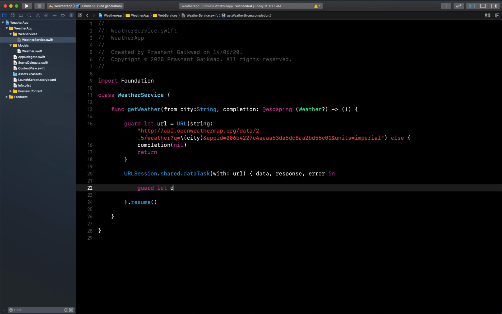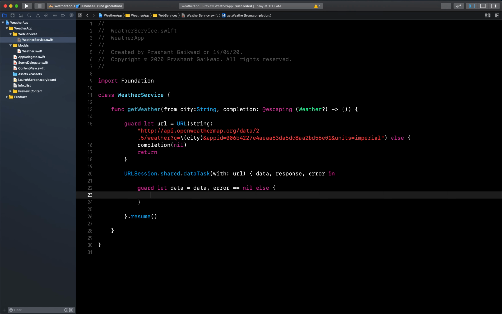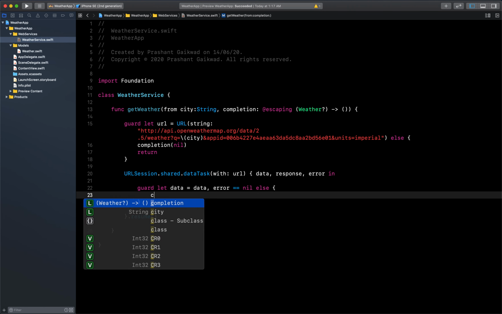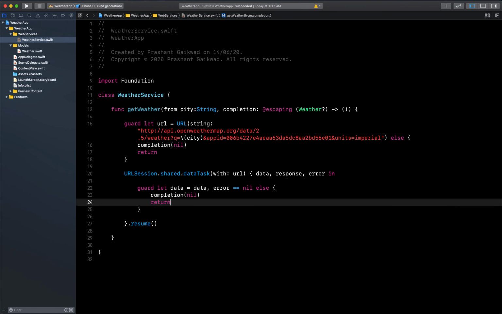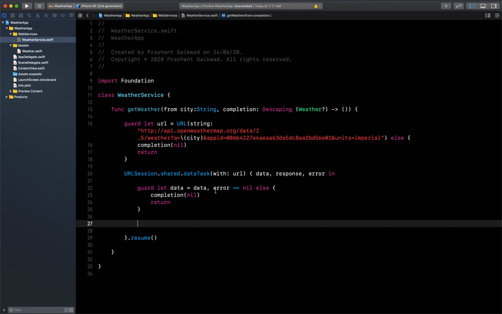Guard let data equals data, comma, error should be nil. If these conditions are met, then we are good, else we need to return a completion handler with nil value and return. Okay, so here we have checked whether we are getting data or not, and error should be nil.